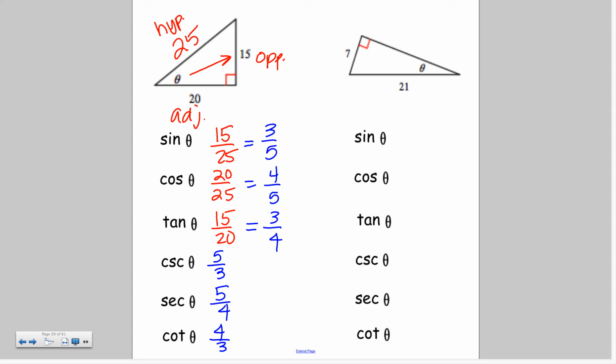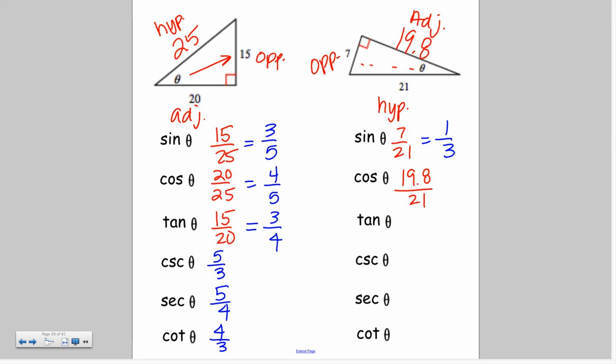Alright, last example. Missing side is 19.8. Using my Pythagorean theorem. So we've got hypotenuse here. There's theta, opposite, and adjacent. So we've got 7 over 21, which we can reduce to 1/3. Then we've got 19.8 over 21. Then we're going to flip them over. When you flip 1/3 over, you get